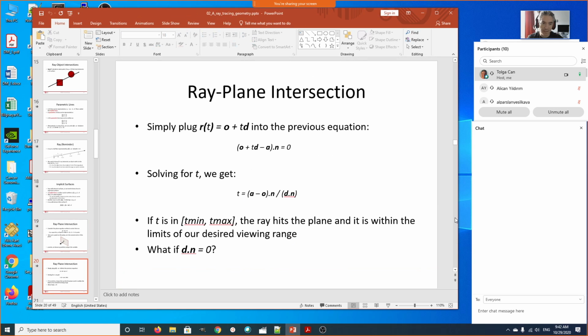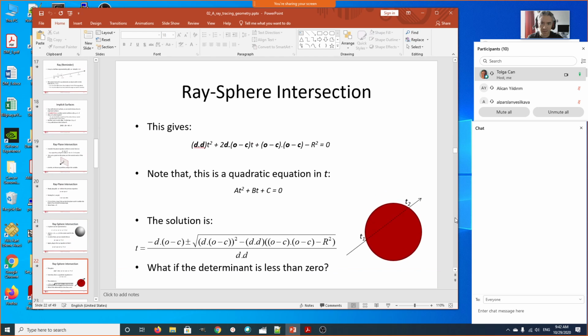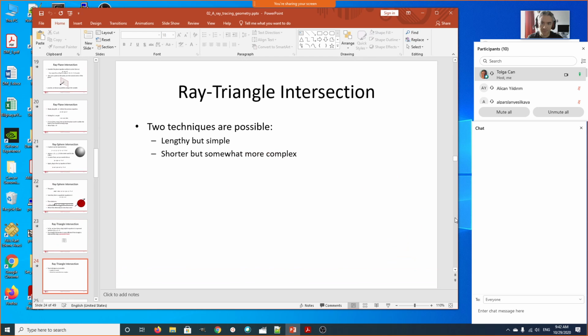On the slides, there are two techniques, both described in detail. The lengthy but simple method is just using cross products to get the plane equation, then